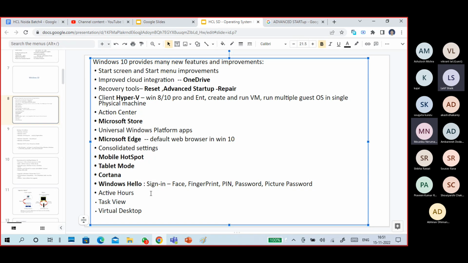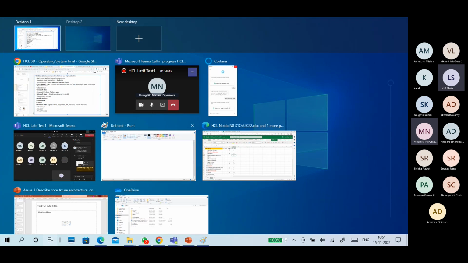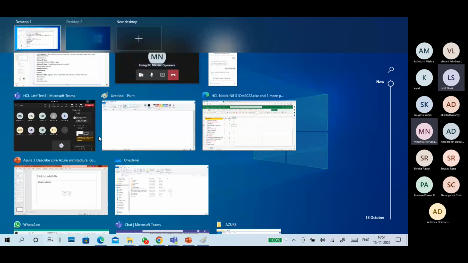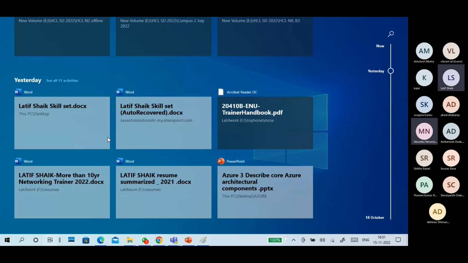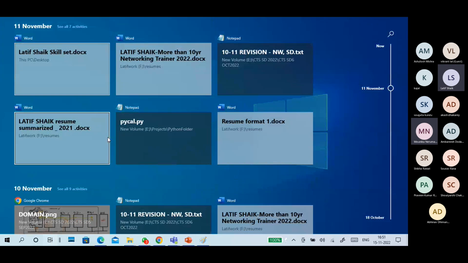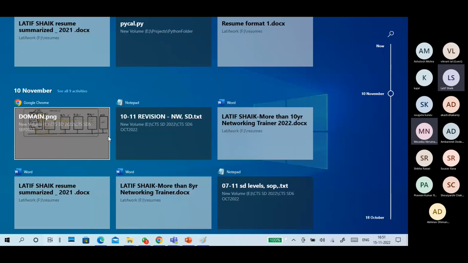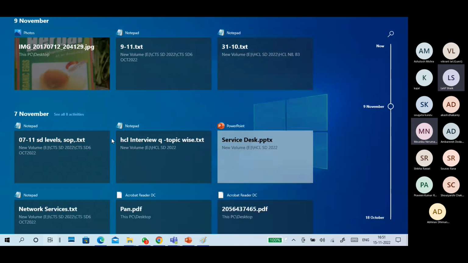Sign in options kind of stuff. Active hours, so daytime, evening time, night time, that kind of hours we can pick. Task view, this is a good one. See, this is task view. Whatever I've done today, currently open, earlier today, yesterday, the day before yesterday, what documents I have opened and used, their history is